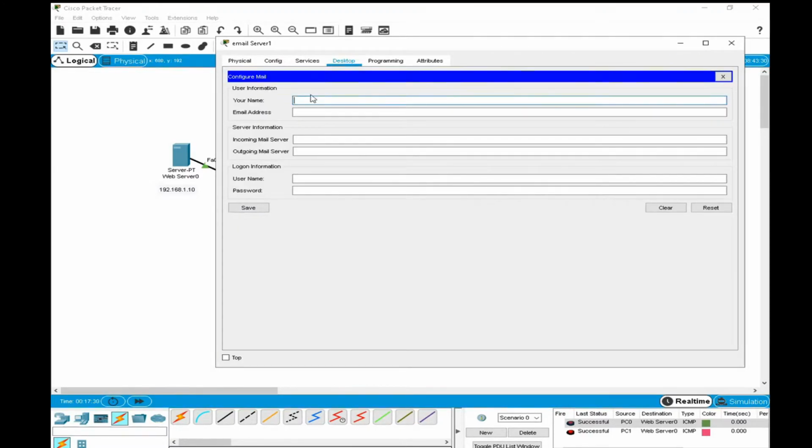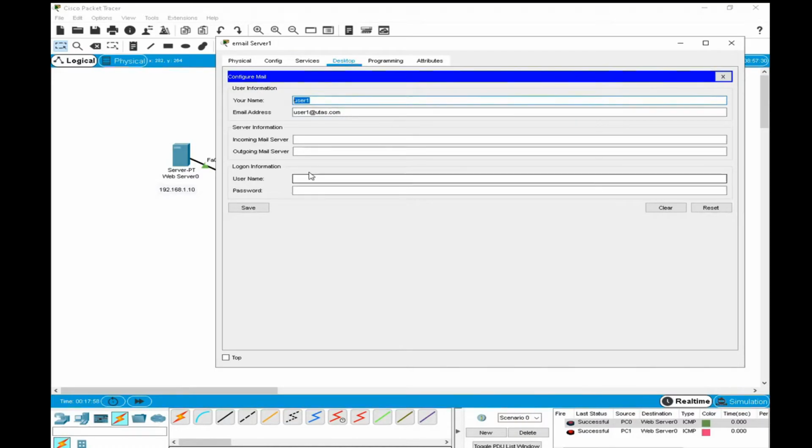And here your name. Like we have different users. I will write user 1. Email address, okay, user 1. Okay, any user. You can write your name, like Rima, Fatima, anything. Just for example, we have user 1, user 2, user 3. We have different users. @utas.com. Suppose this is our email address for this user.